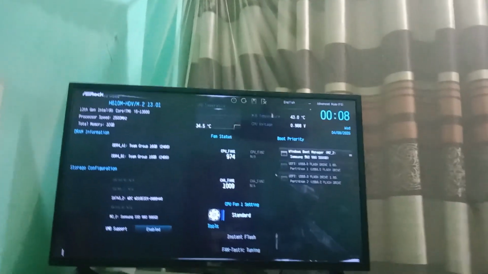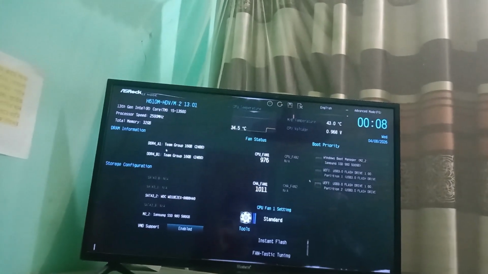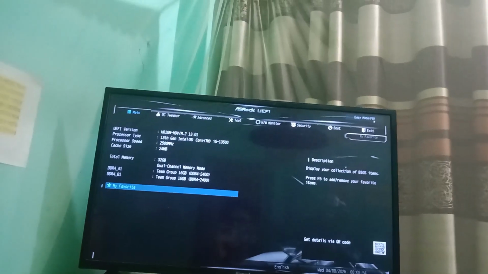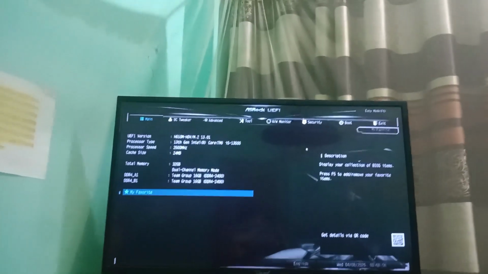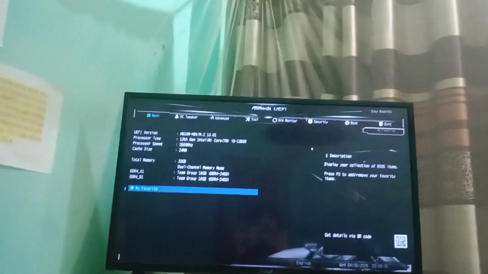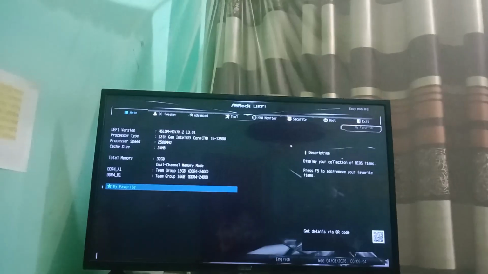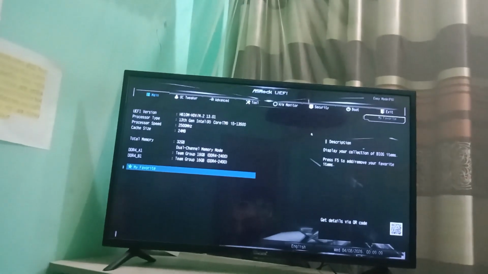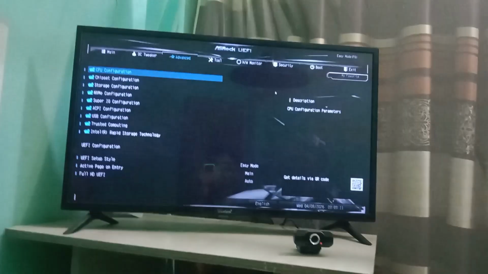So this is our SSD and this is our partition 1, partition 2. Got it? So you have to check here. Advanced mode. Here in advanced mode, you have to come here, showing our RAM is 32 GB and everything is shown here. So come here, click the arrow sign and go to